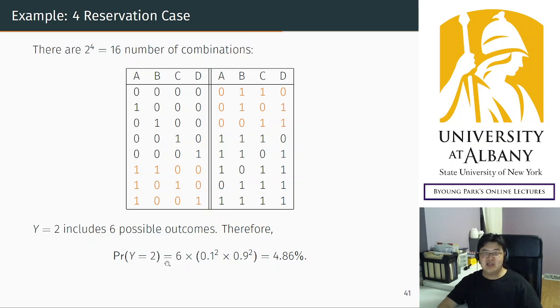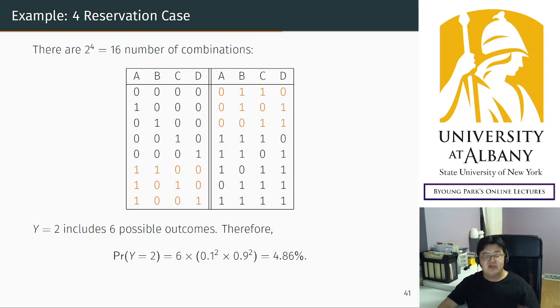So in the end, if you understand it is six outcomes, then the final probability of two cancellations can be calculated this way. There are six different outcomes, and each of them has this much probability. So if you calculate that, the answer is